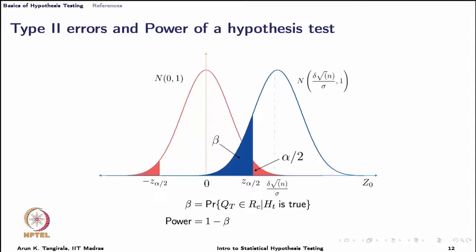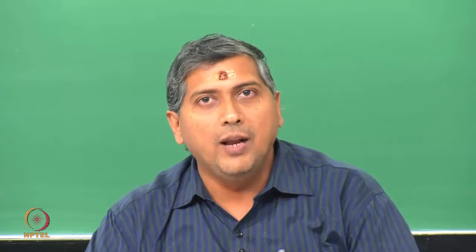What happens? The Z alpha by 2, suppose I decrease alpha, what happens to Z alpha by 2? It moves to the right, as a result of which beta also increases. If I increase alpha, then Z alpha by 2 would move to the left, decreasing beta. So, that is the kind of waterbed effect, but you should not be led to believe that alpha plus beta is 1, obviously it is not. But what you can see is that alpha and beta are tied together, and this illustration nicely brings that relationship. Therefore, the moral of the story is, as you try to decrease type 1 errors, you will invariably increase type 2 errors. That is the fact of life in hypothesis testing.